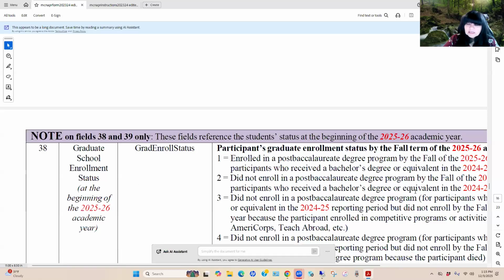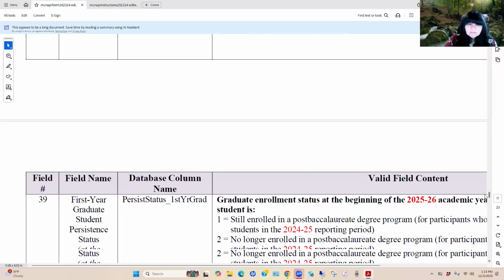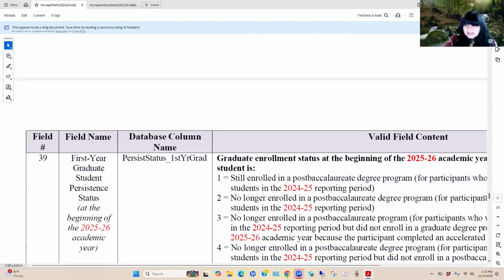The next field of data, field number 39, we want to respond to the persistence status. Okay. And so this nuance that I wanted to address with respect to this particular file is that, when we're thinking about this Excel file, we usually want to immediately tell them that we have a student who earned their bachelor's degree.